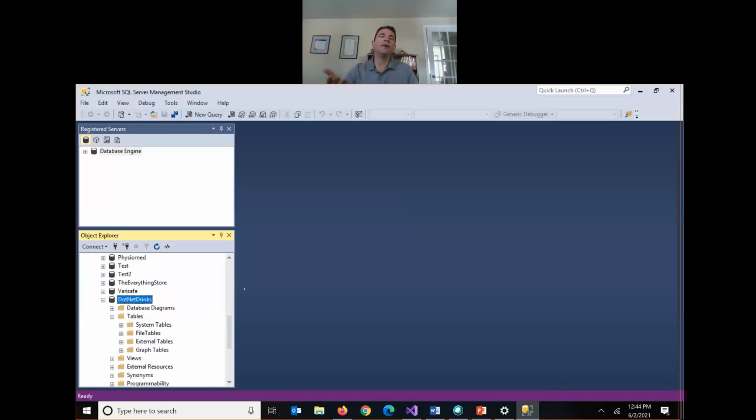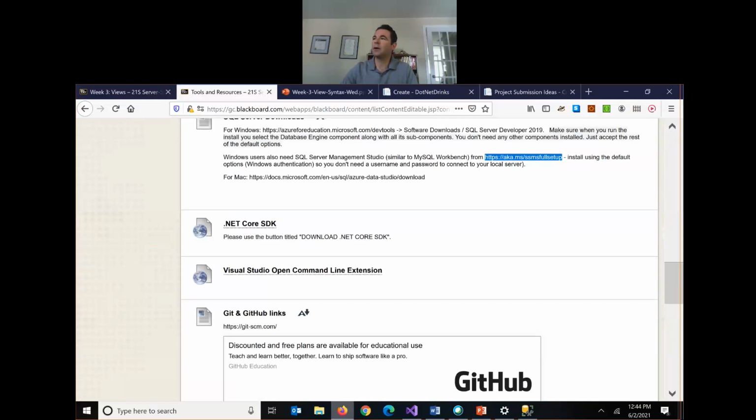I do also want to set up a database in the Azure portal. Again, you may want to follow along with me, but then delete this database and work locally for your .NET Drinks. But then you'll go through this process again with your database for your assignment. So to set up a database on Azure, you are going to go to